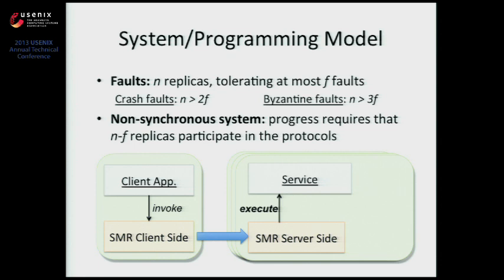Before I describe the problems, let me introduce the model that I'm considering here, okay? I'm assuming that I have n replicas tolerating at most f faults. It doesn't matter if I will be dealing with crash faults or Byzantine faults, because it's completely orthogonal, okay? I'm talking about state machine replication, and I will not describe the protocols used for ordering requests. The important thing is that I'm considering a non-synchronous system. It means that it works with quorums. So the system requires n minus f replicas to process requests, to establish an order of a message and process this message. This is one fundamental characteristic here.